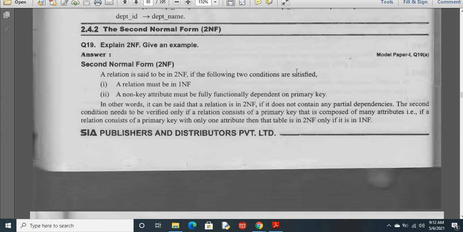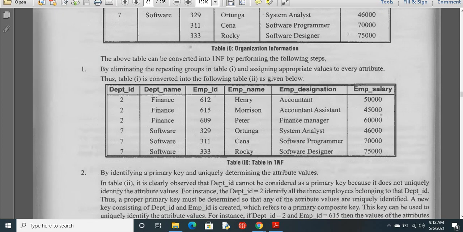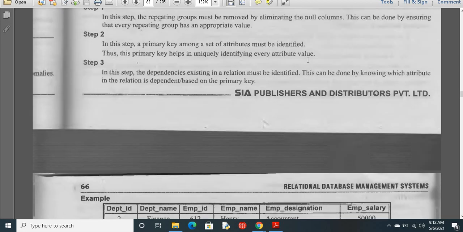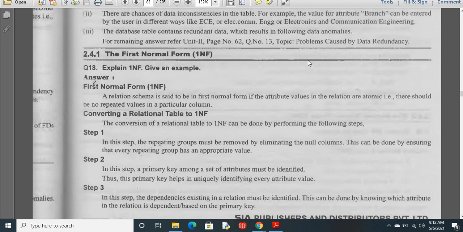Good morning, everyone. In the last class, we discussed what data redundancy and data consistency are. To maintain the dependencies and to overcome the redundancy in the data, and to remove the dependencies, we have to apply normal forms. Here we have four types of normal forms: 1NF, 2NF, 3NF, and 4NF, which is also called Boyce-Codd normal form.